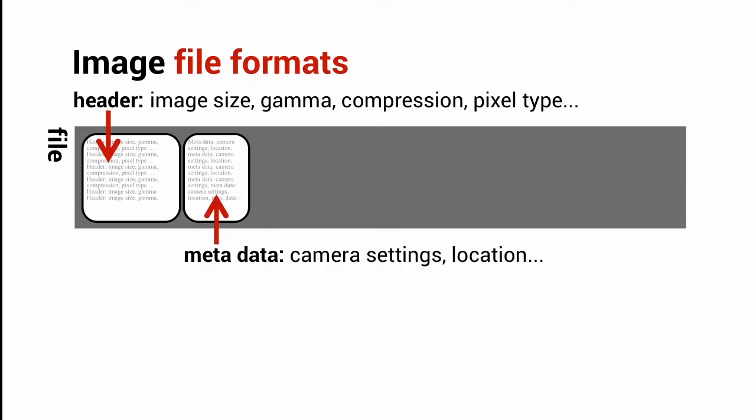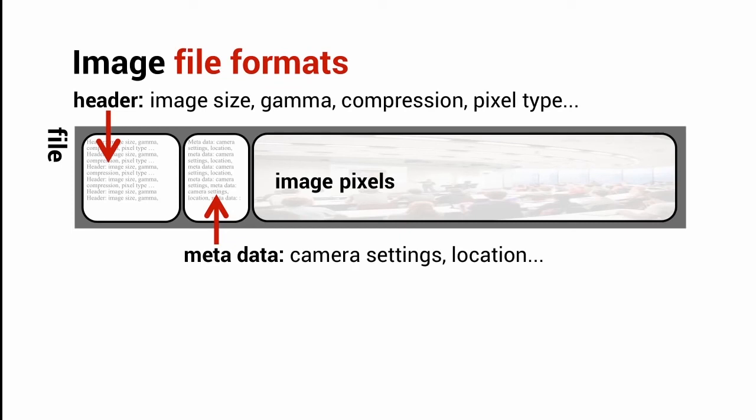The next object in the container is what's called the metadata, and that has information about the actual picture that was taken. It might have the GPS coordinates of the camera when the picture was taken. It might have the F number and the focal length and whether the flash fired or not. So it's information about that particular picture that was taken. And then finally we have the actual pixel data itself, the information which represents the image, and it may be